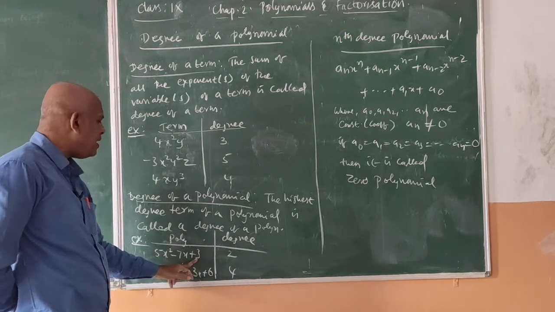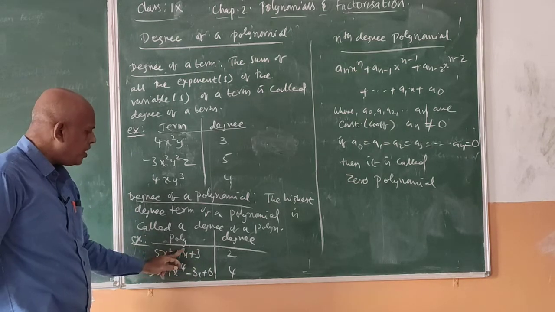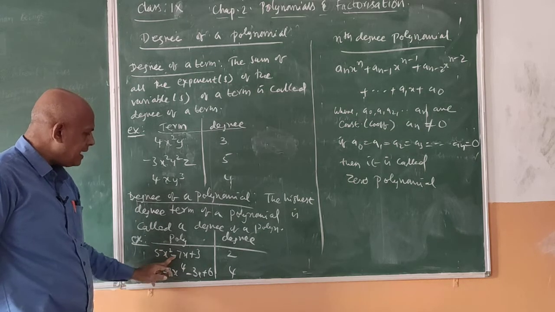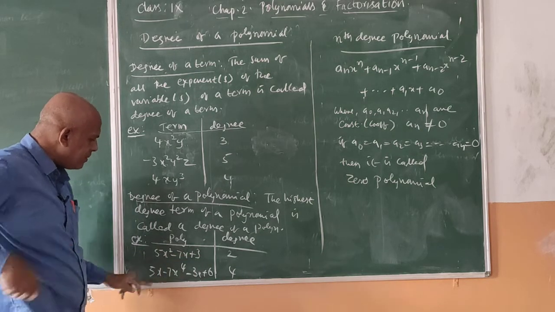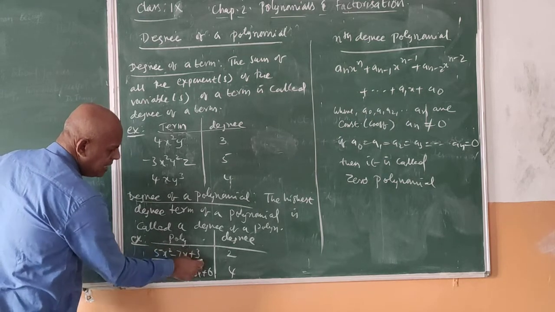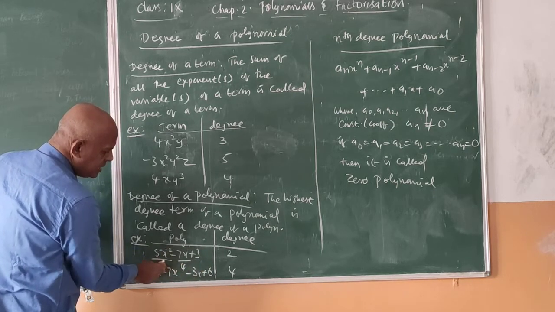What is a polynomial? An algebraic expression in which the powers of the variables are non-negative integers. It is a polynomial. It is also a polynomial. Here it contains 3 terms. This term degree is what? 2. This term degree, nothing is what? 1. With this term no variable, so 0. This term degree is 1. This term degree is 2.